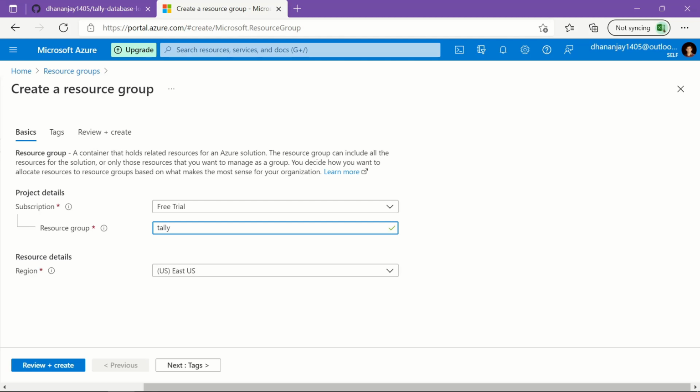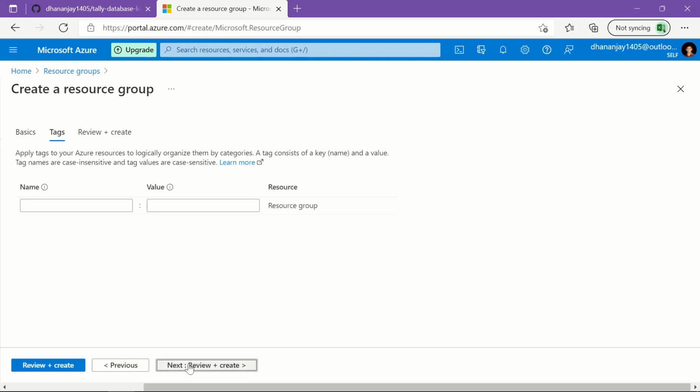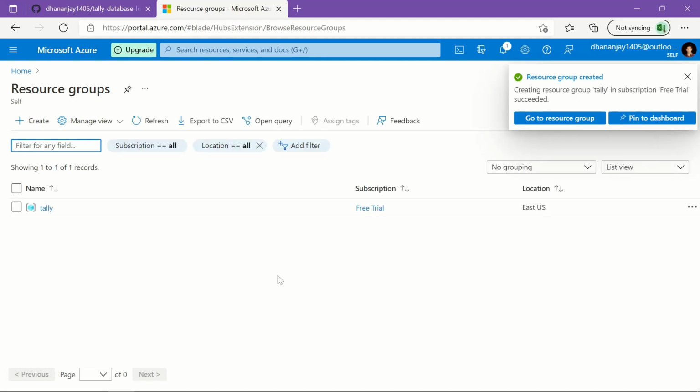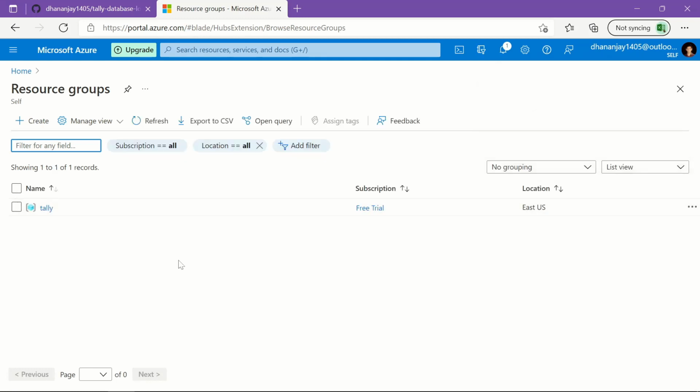Okay, now you can ideally write your client name or department name, and region I will keep US East only. Okay, next, next, and let us create it. Okay, so our resource group Tally is created so that we can easily track all the costs related to our database hosting related to our Tally demo.